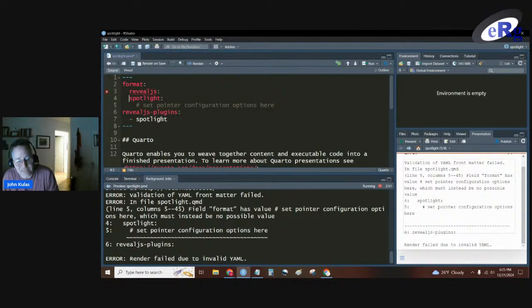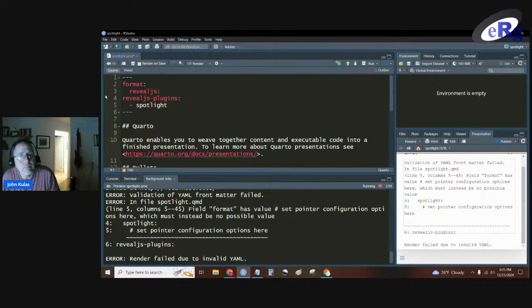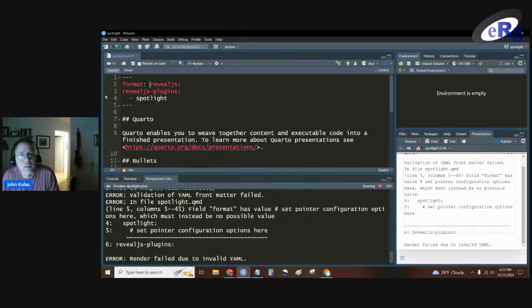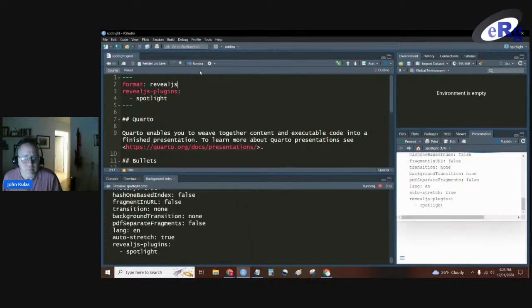I think it's an indentation. I don't think that Spotlight, we might not even need that, because we don't have any kind of options that we're trying to play with yet. So I'm going to structure this differently than the package author did, which is probably dumb, but